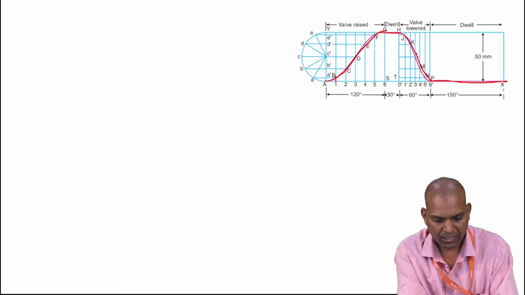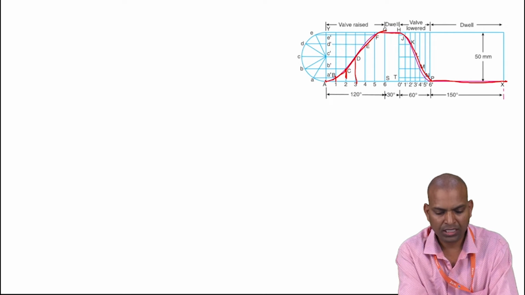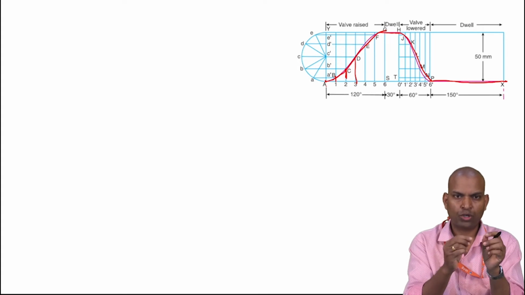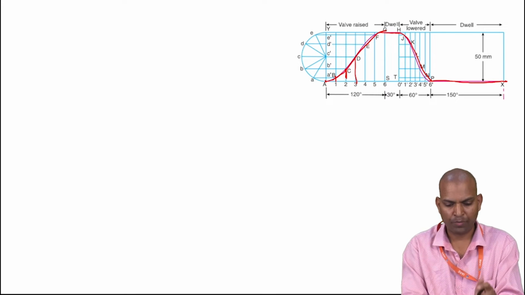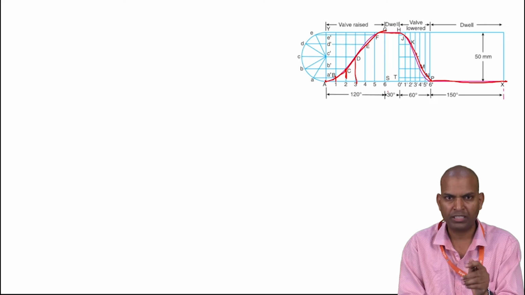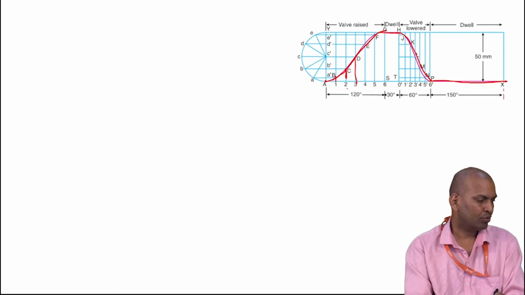So these are the vertical displacements. When the cam is rotating 120 degrees, this is the initial contact point with the base circle, or minimum radius of the cam. From that the roller is moving. Our cam is rotating through how many degrees? This 120 degrees, 6 times 20 degrees. For 20 degrees of rotation, this one moves